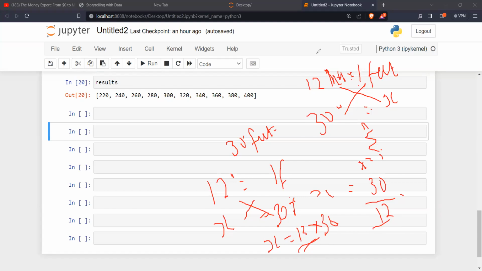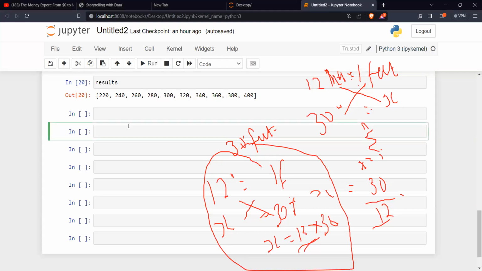Now that we have got this, now we want to write. So first I want to write a function that does this calculation. We want to write a function that converts feet to inches.